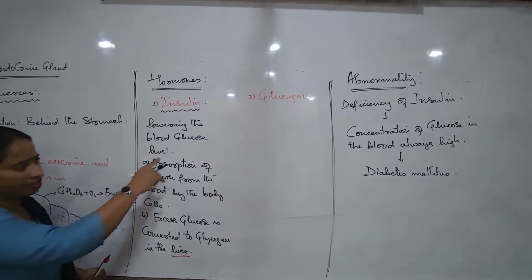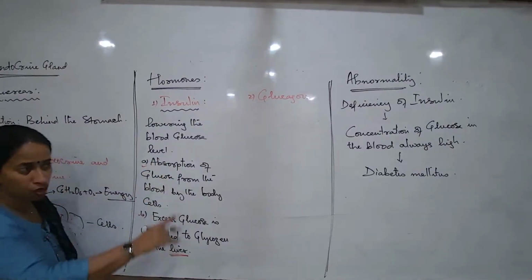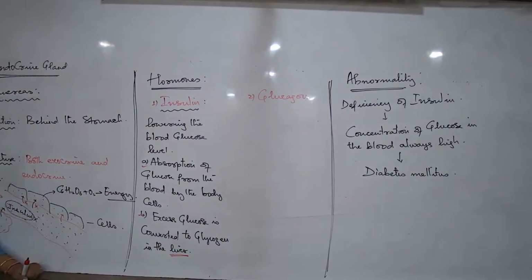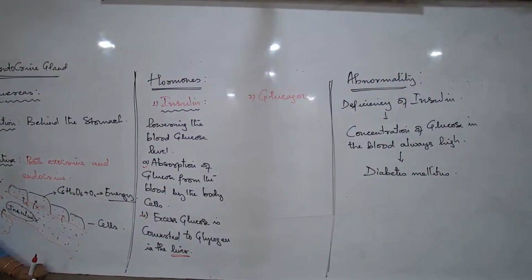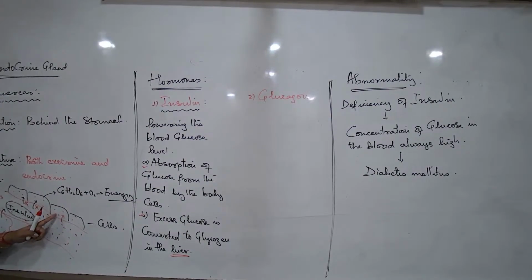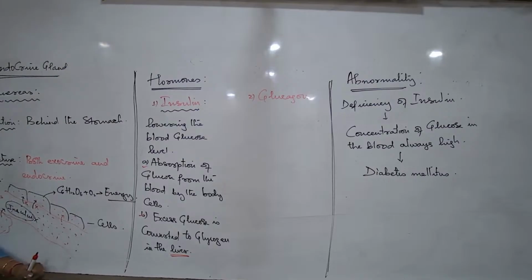So this person is not showing any of these processes. What are the symptoms of this person? Will this person be very energetic? A person has insulin deficiency. Will this person be very energetic? Yes or no? Not at all, because glucose is not reaching the body cells. Body cells are always having a small amount of glucose. So where is the glucose to burn and produce energy? Body cells don't have adequate energy.